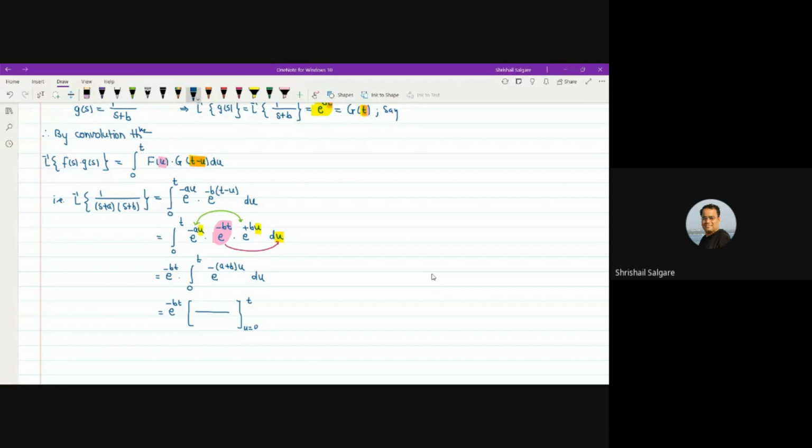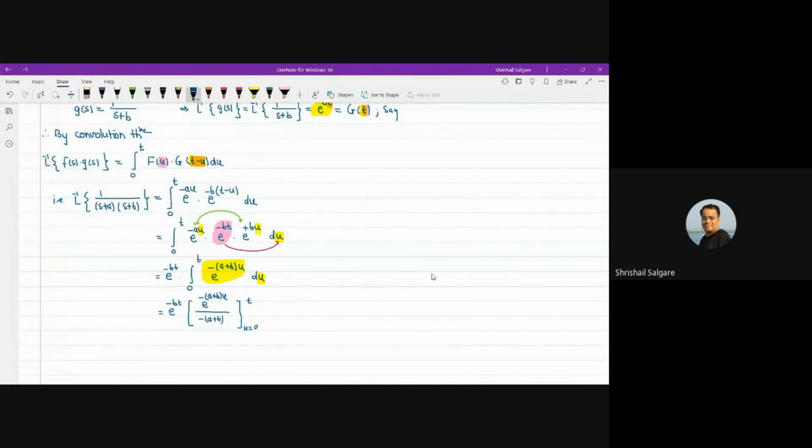Yashraj, can you tell the integral? I will highlight the integrand. What is the integration of this term with respect to u? Yes, Ankita. E raised to minus in bracket a plus b u upon minus a plus b. Very good. So e to the power minus of a plus b into u divided by minus of a plus